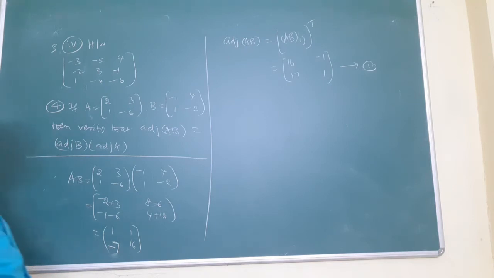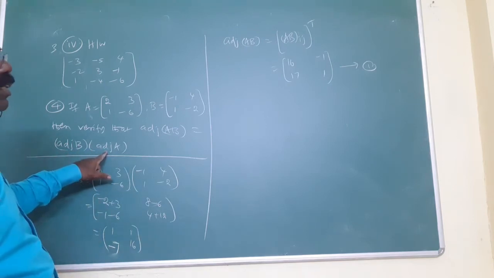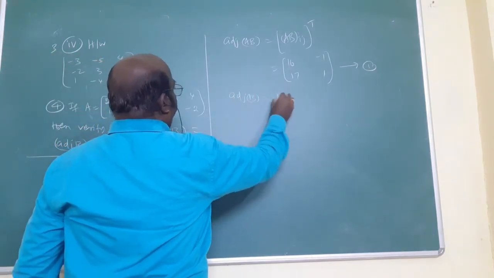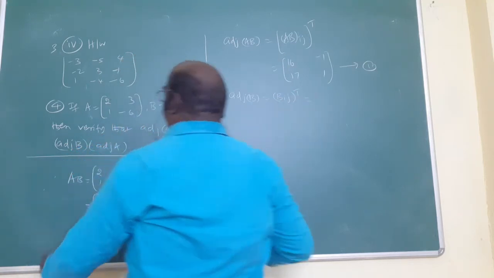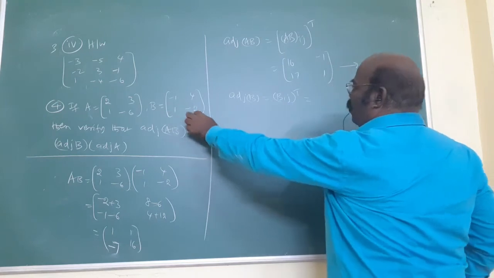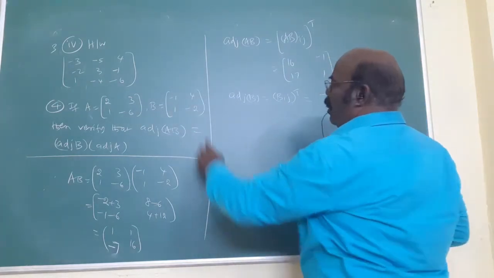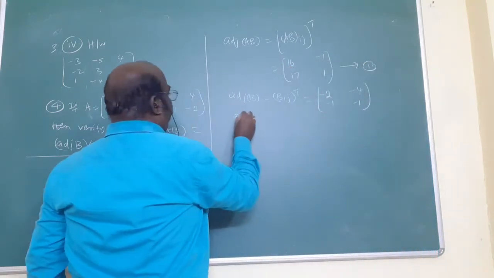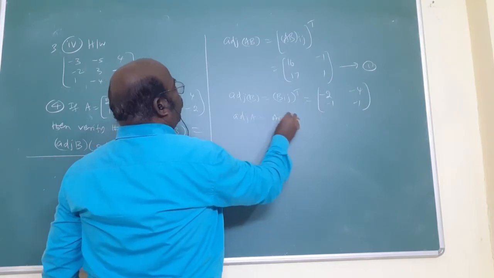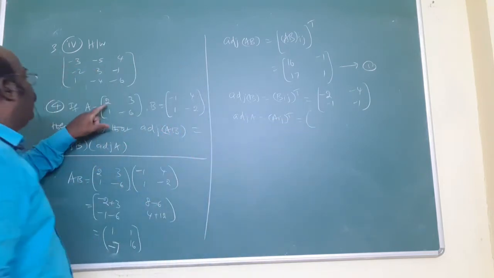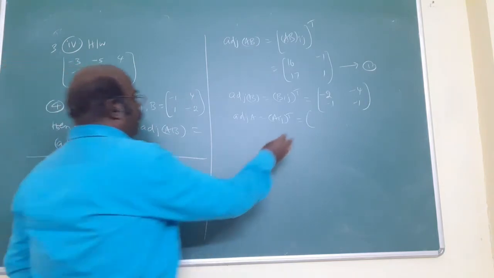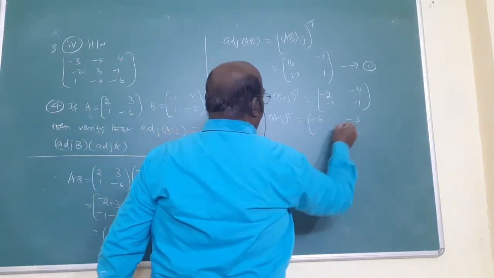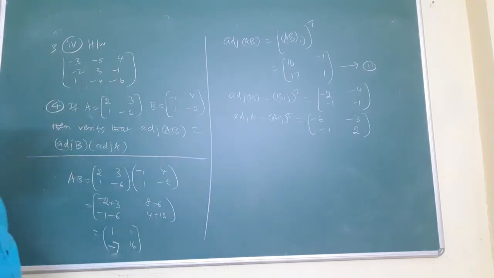Okay? Now, next is what? Adjoint of B and adjoint of A. Adjoint B is equal to cofactor of B whole power T. Consider B: first diagonal is minus 1, minus 2. Interchange: here minus 2, here minus 1 will come. Next ones, change sign: minus 4, minus 1. This is adjoint B. Again, adjoint A is what? In the A matrix, 2 and minus 6 are the first diagonal, no? Interchange: minus 6, 2. Now change sign: minus 3, minus 1. In this way, we will find the adjoint directly.